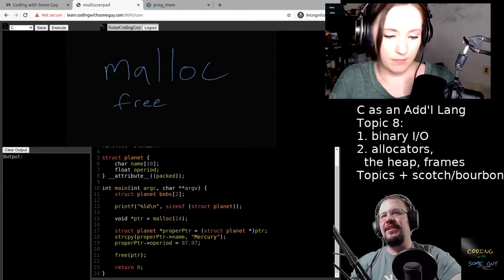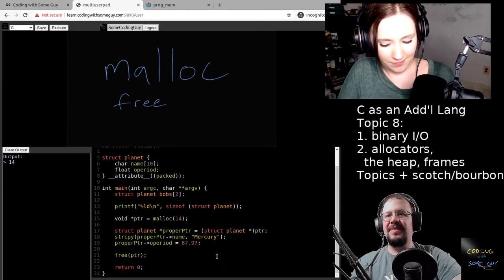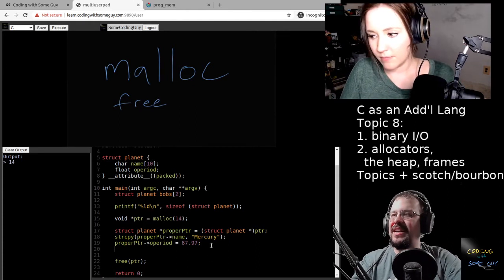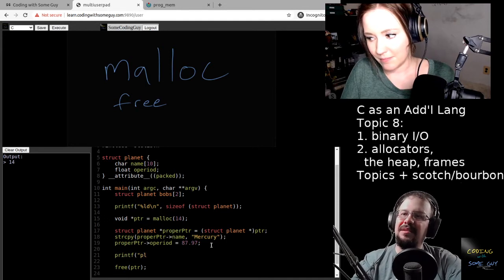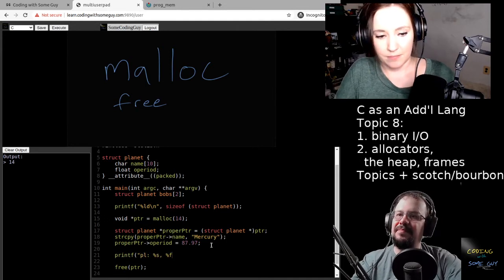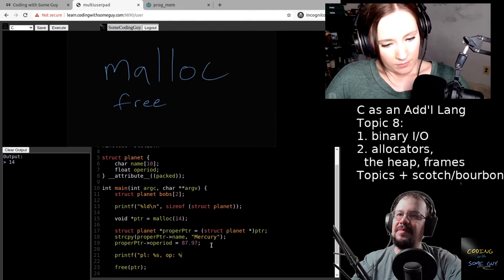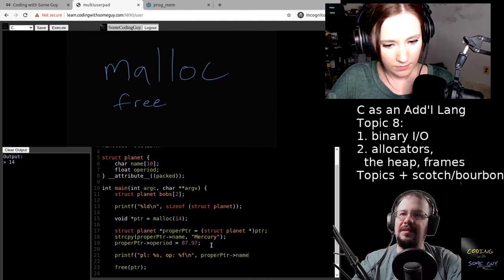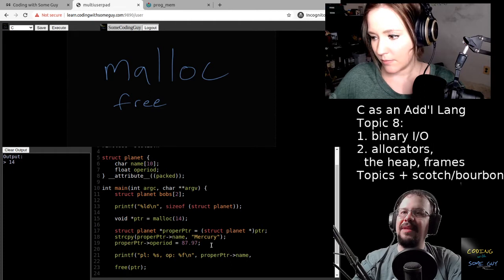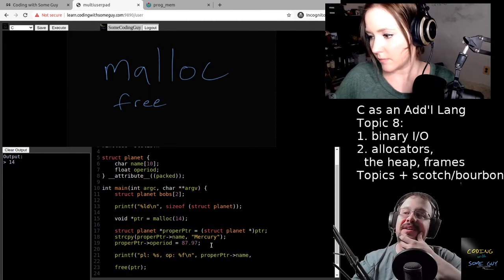All right, so I run this. It works. We're good to go. Now, we don't know that it really worked because we didn't actually try printing it out. So we print it out. All right, we're still good up to here, right? Now, using the proper pointer, I'm not really allocating more memory underneath.